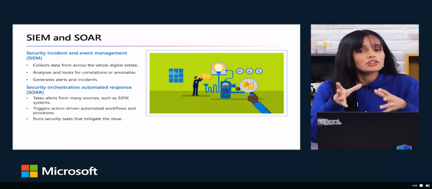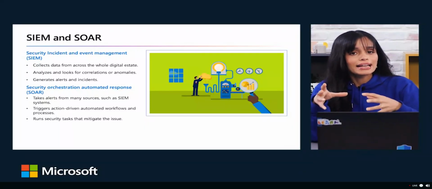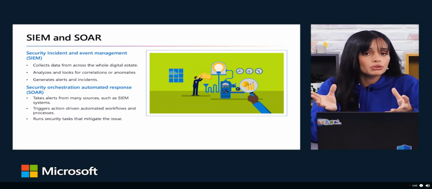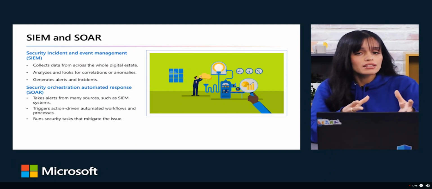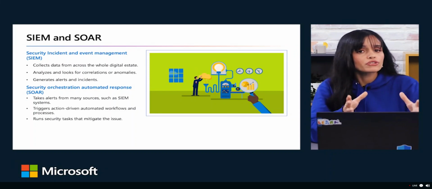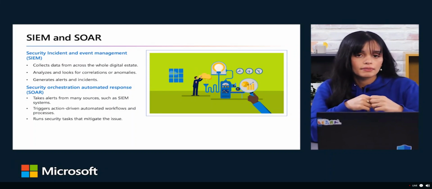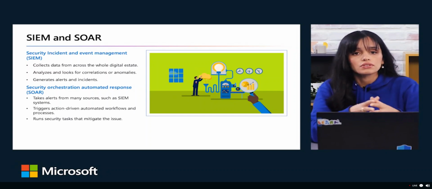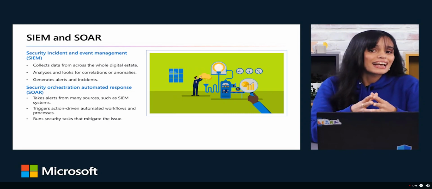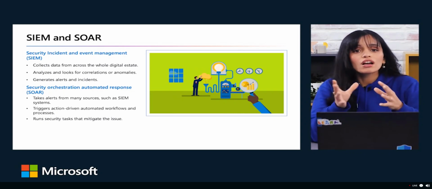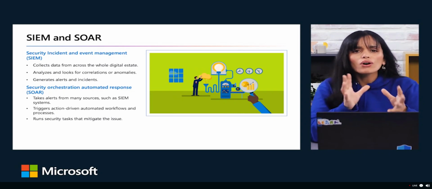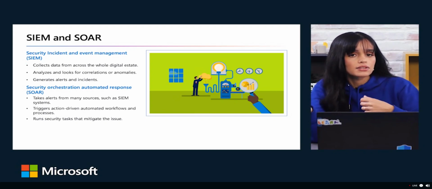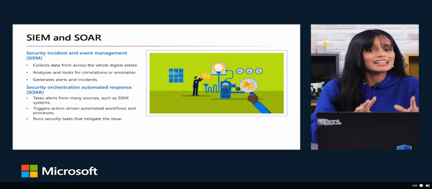SIEM is security information and event management. A SIEM system is a tool that an organization uses to collect data from across the whole estate, including infrastructure, software, and resources. It does analysis, looks for correlations or anomalies, and generates alerts and incidents, while SOAR is